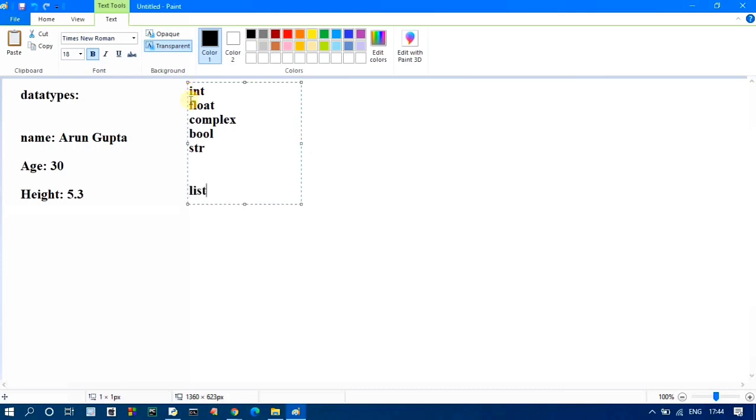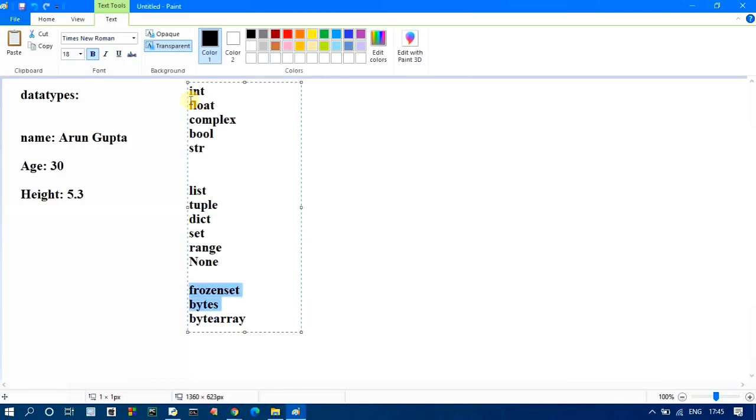Apart from this, list, tuple, dict, which stands for dictionary, set, range, and none, and a few more different types: frozen set, bytes, and byte array.